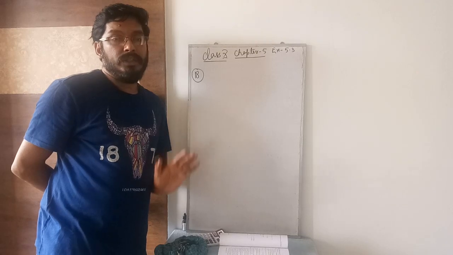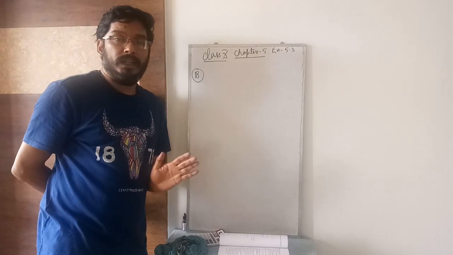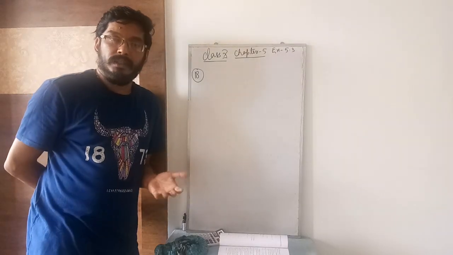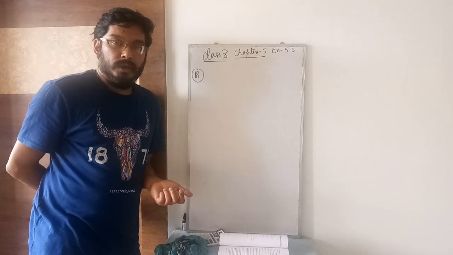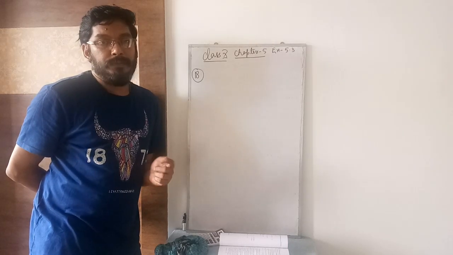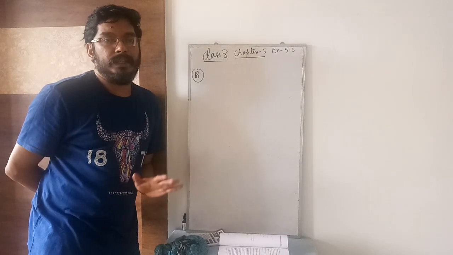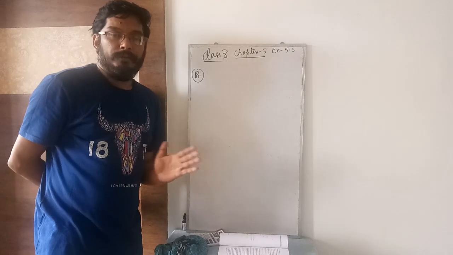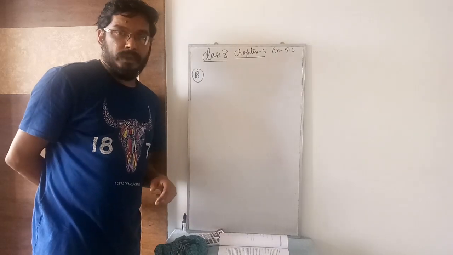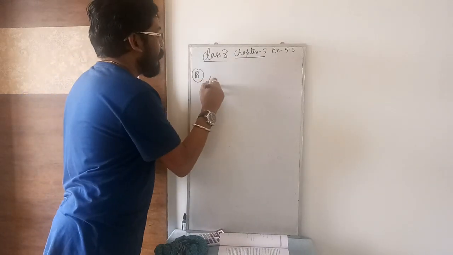So 13 consecutive semicircles are there. I have to find the total length of all 13 semicircles. Total means sum. This is a semicircle, so to find its length you have to find the circumference, and the circumference of the semicircle formula is pi r. So I will find the first 1, 2 and 3, and the rest I will get by using the formula. So length of the first semicircle,